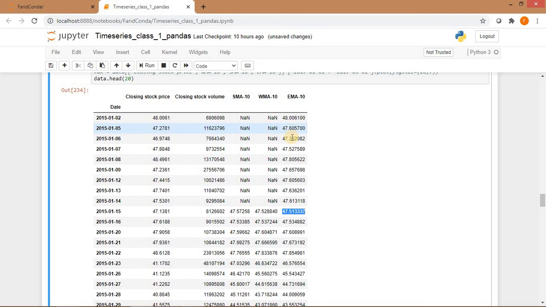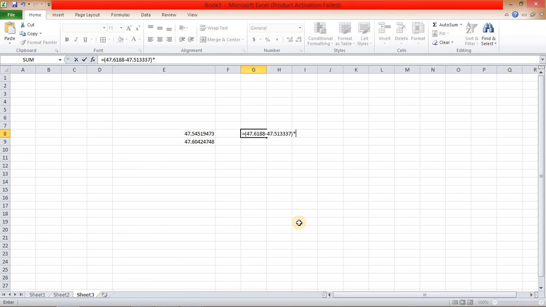It's like 1, 2, 3, 4, 5, 6, 7, 8, 9 and 10th. The 11th one is the one which we are going to predict. So up to the 10th point has the weightage 0.1818, and the same weight will continue for the further points.